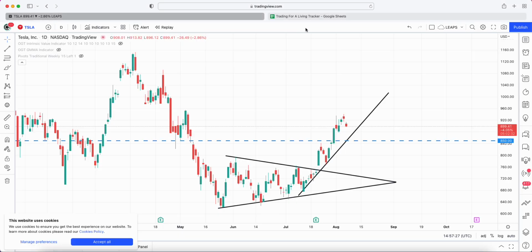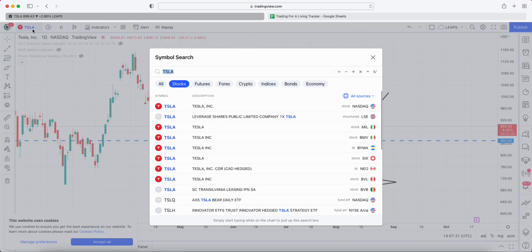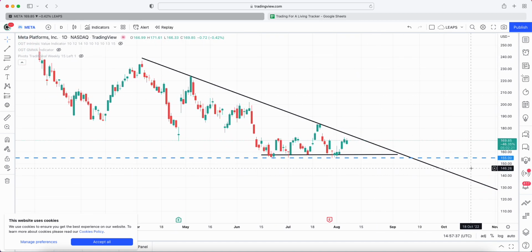Because if you look at Meta, 148 is around this level over here. And you can see they've got some strong resistance on this ascending triangle we talked about last week, that I wanted to make sure of when earnings came last week. This candle here pierced through, and I then sold